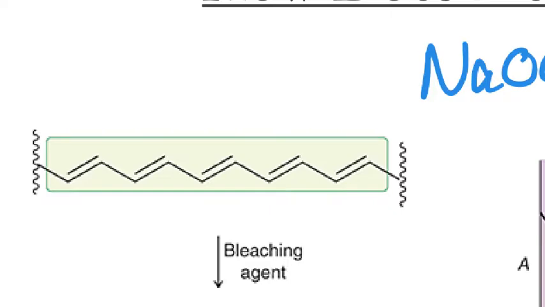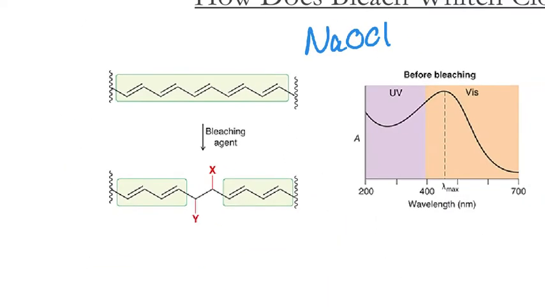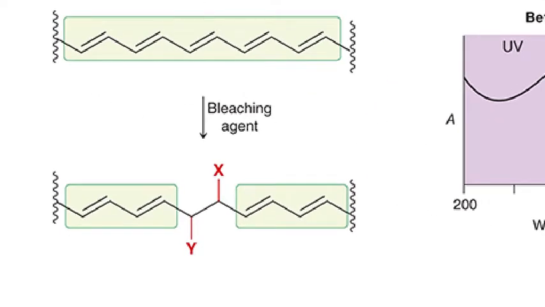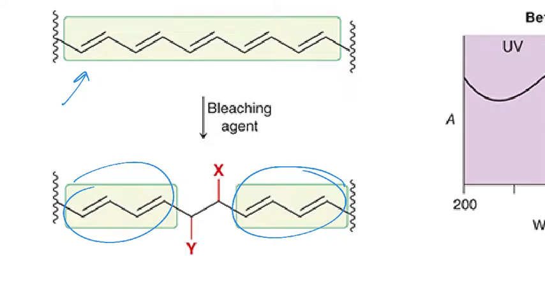Things that are colorful, from paints, dyes, pigments, whatever, have these conjugated double bonds. You add a bleaching agent, and they're going to convert a double bond into a single bond due to some addition reaction. So the conjugation breaks, and now you have shorter strands that won't